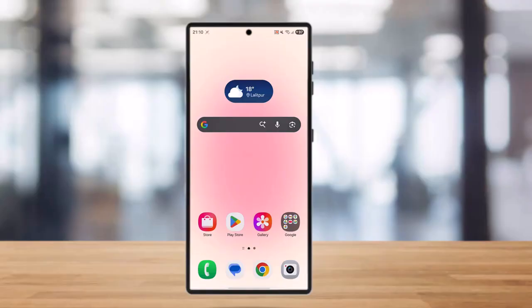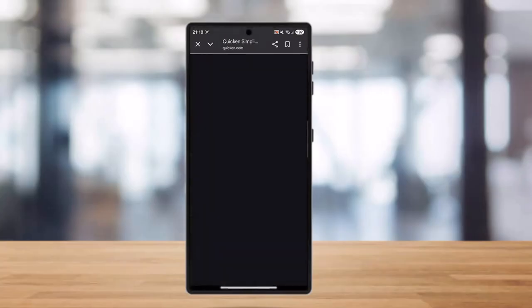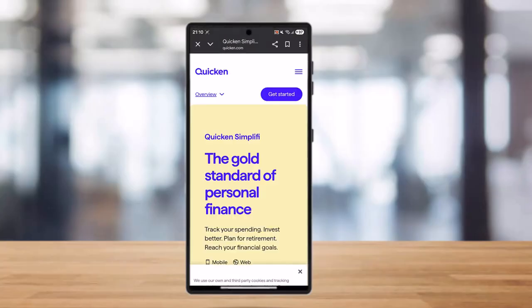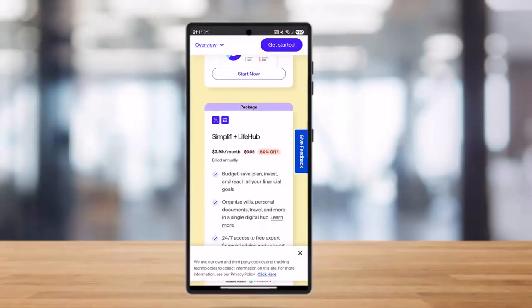So if you want to do this, all you have to do is simply open your Simplifi by Quicken. Once you have done this, you need to set up recurring paychecks. If Simplifi hasn't automatically identified your paychecks as recurring income, you need to add them manually by navigating to the